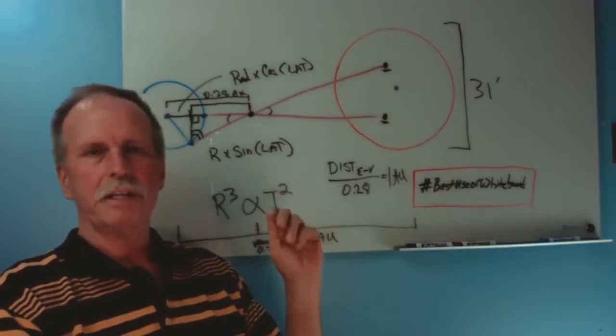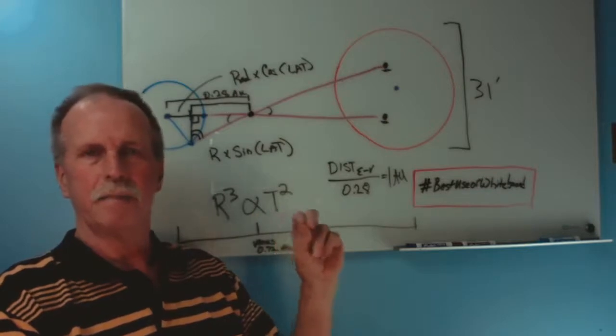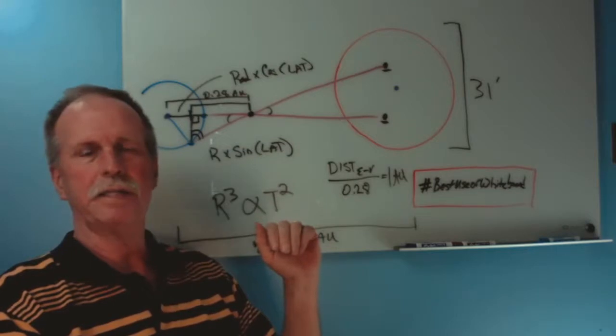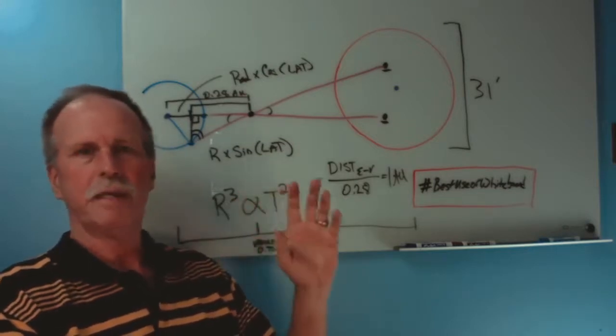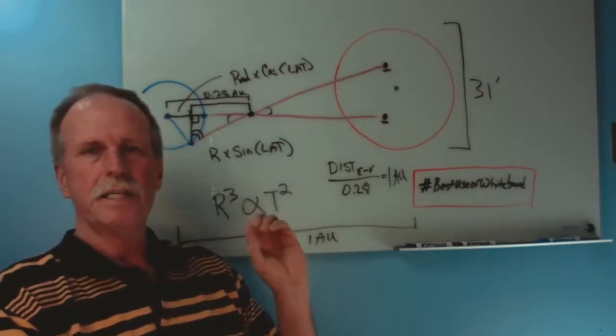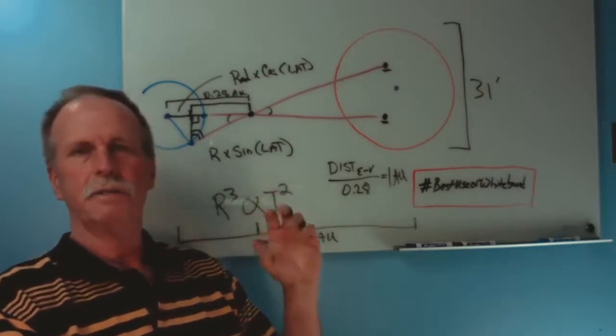Well, they went back to the original paper done by Edmund Halley of comet fame, and he wrote this paper in the early 18th century, knowing that he would never live long enough to see a transit of Venus. So let's go ahead and see his method for doing it and how you could do it without being able